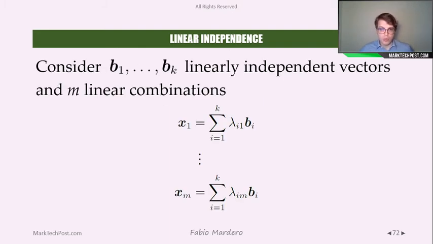Now, in the next two or three slides, I want to show you, following the previous slide, how we can represent a set of linearly independent vectors. For example, let's take these b1, ..., bk linearly independent vectors. And thanks to linear combinations, we know we can write a generic element of the vector space as a linear combination of these. Nothing special, we've just written a linear combination, but with some particular vectors, because those are linearly independent. Okay, we have m linear combinations, because, for example, we want to represent m vectors using linear combinations of